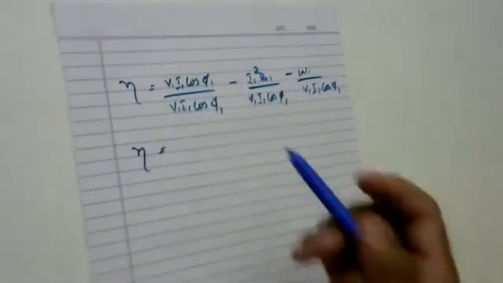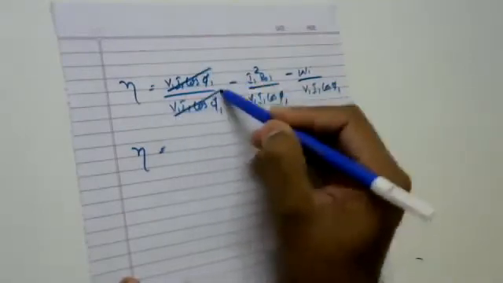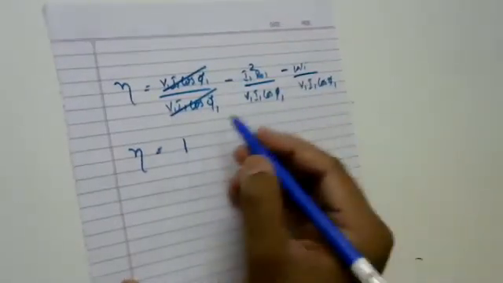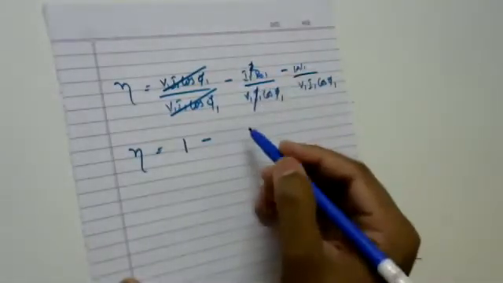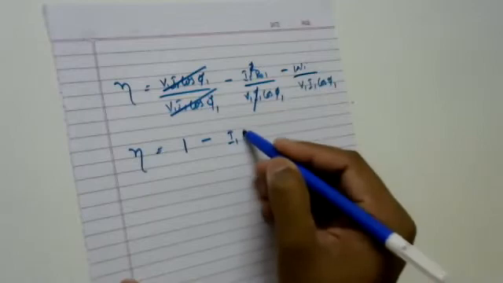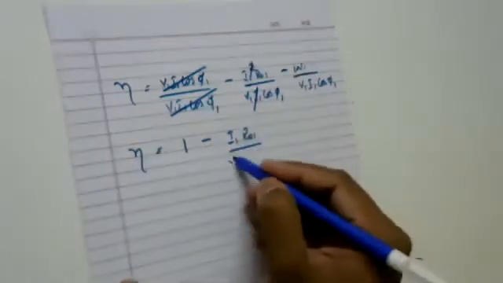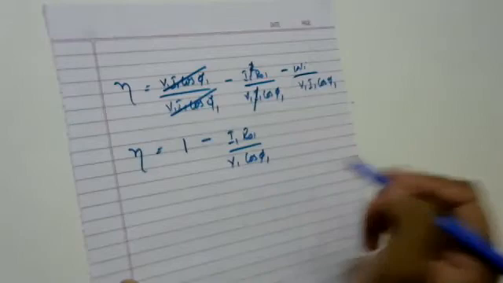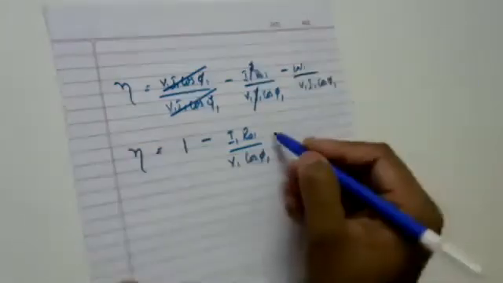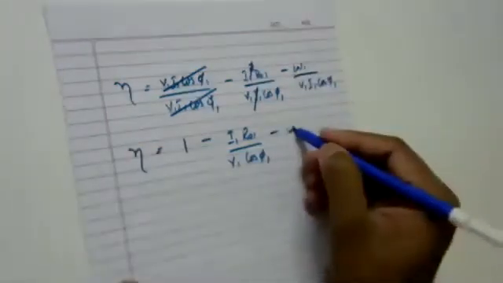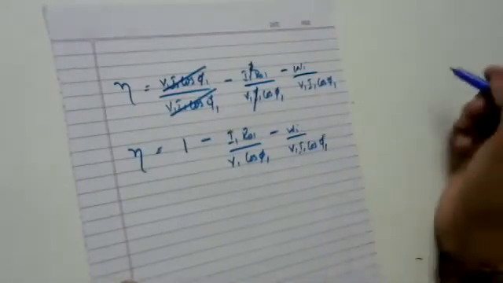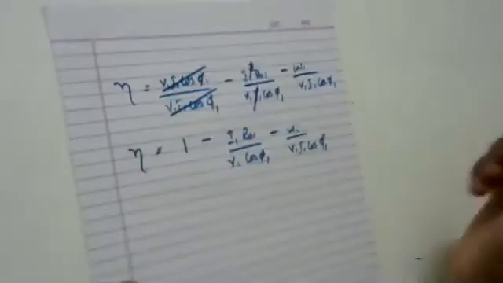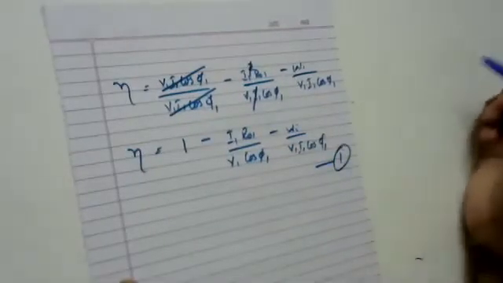Yes, what happens to my equation of efficiency? I can write here V1 I1 cos phi 1, V1 I1 cos phi 1 get cancelled, giving out 1 minus, here I1 gets cancelled, giving out I1 into R01 divided by V1 cos phi 1. Agreed? Minus. So this will remain as it is, Wi divided by V1 I1 cos phi 1. Okay. Now let me call this expression number 1.